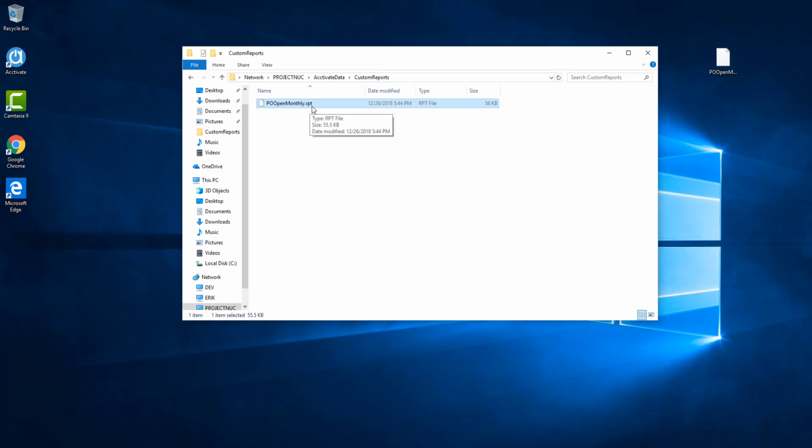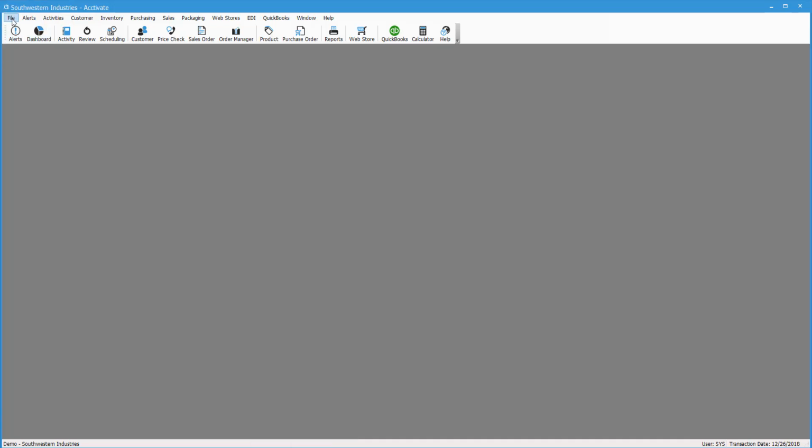This is the standard report file for Crystal reports. Sometimes you'll receive a .acct rpt file. And the difference is one is a standard report file, the .rpt, for Crystal report, and the other one is the report file with some settings added to it that we will set up for you and then export for Acctivate. So from there, we need to insert the report into Acctivate. To do this, we go to File, Configuration Manager,